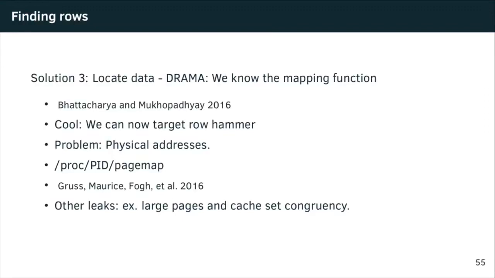However, I co-authored a paper recently that showed that on most operating systems we're capable of getting physical addresses from virtual addresses, even unprivileged. And there are other kinds of leaks. For example, should you start using large pages, 2 megabyte or 1 gigabyte pages instead of 4 kilobyte pages, then you leak a lot of bits of the physical address as well. And the way the cache works actually turns out to leak information about physical addresses as well. So knowing the mapping function actually brings you very, very far in terms of figuring out where the stuff is you want to row hammer.